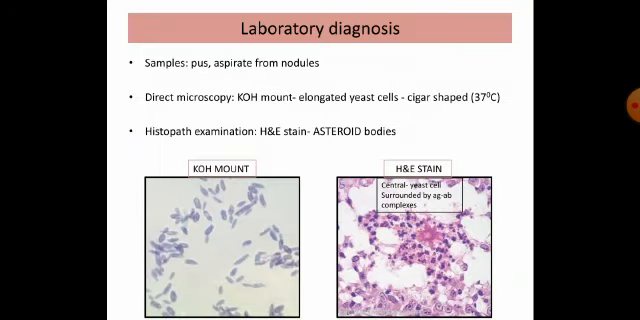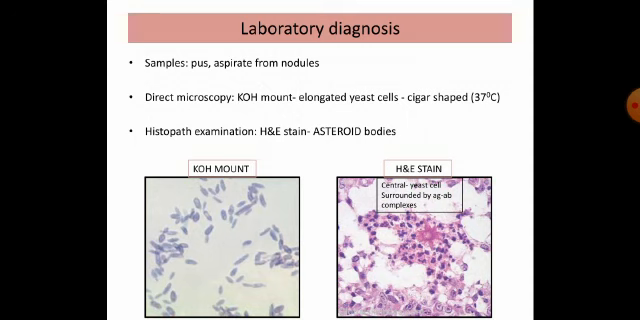Coming to the lab diagnosis, the sample that is collected is the pus aspirate from the nodules. We subject it for a KOH mount wherein we see the elongated yeast cells. They are referred to as the cigar shaped yeast cells. Again, we can see only this kind of morphology because at 37 degrees Celsius, sporotrichosis appears in the yeast form. And since the sample is taken from our body, it's at body temperature, that you can see only the yeast